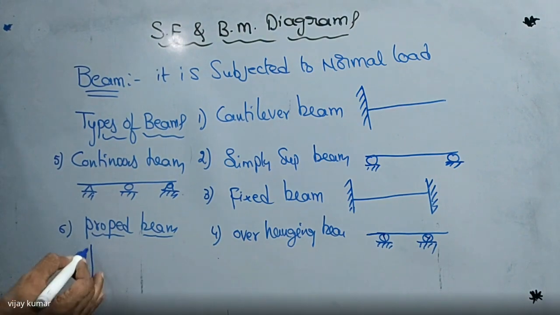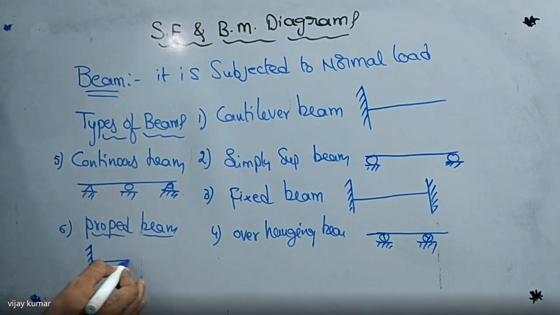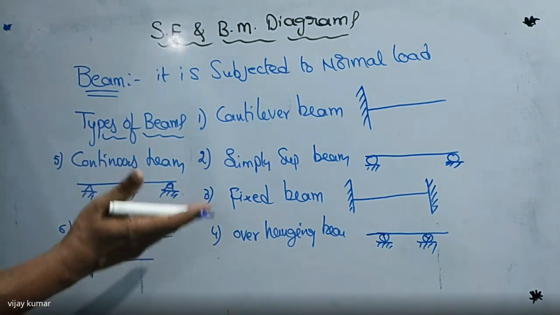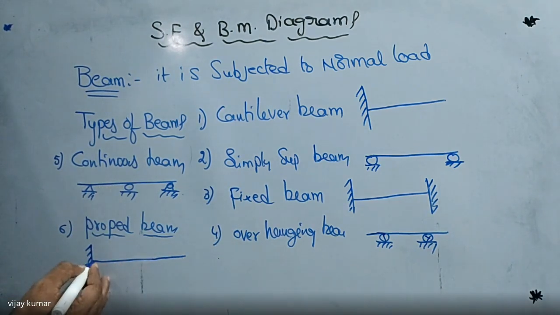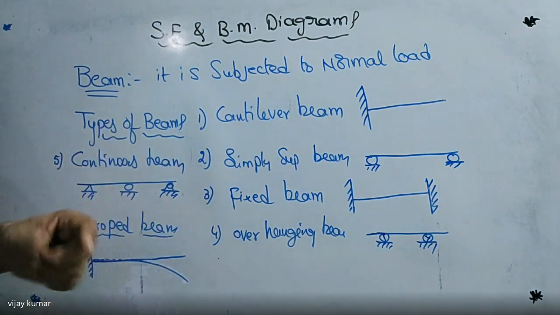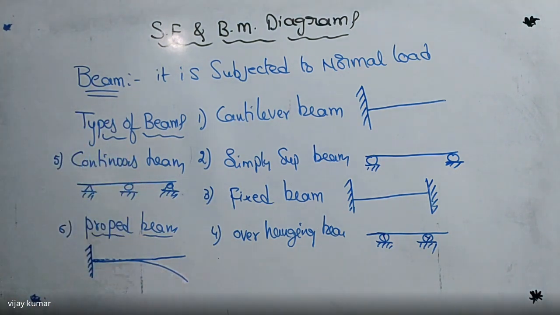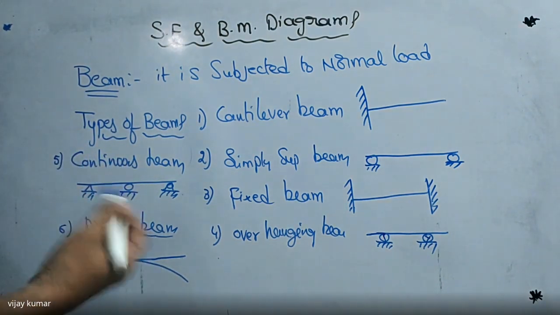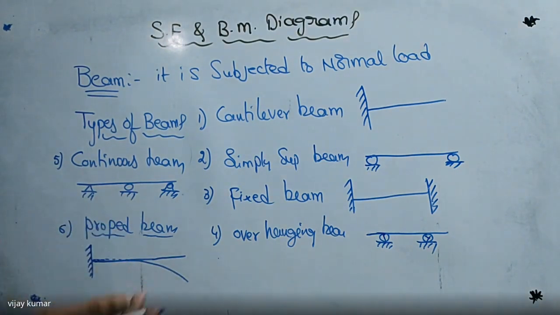For example, if you take a cantilever beam, one end is fixed and the other end is free. When the length of the beam goes on increasing, at a particular length the beam will automatically bend like this. See this one. Is it right or not? Right. So when the length of the beam increases, due to its self weight the beam undergoes bending. I want to restrict this bending, so I want to put a support here or here or here. We can place it at one point.